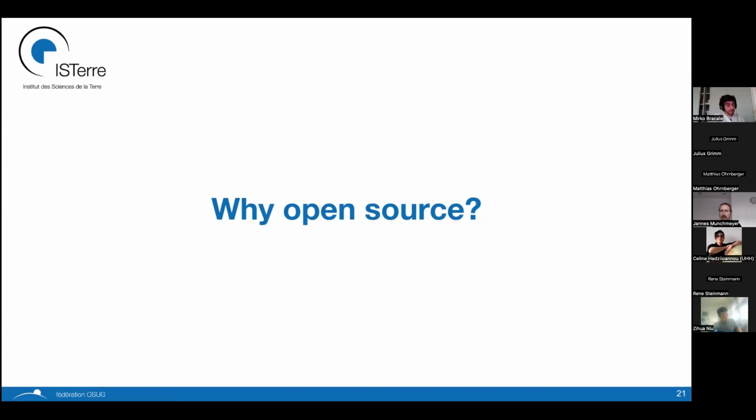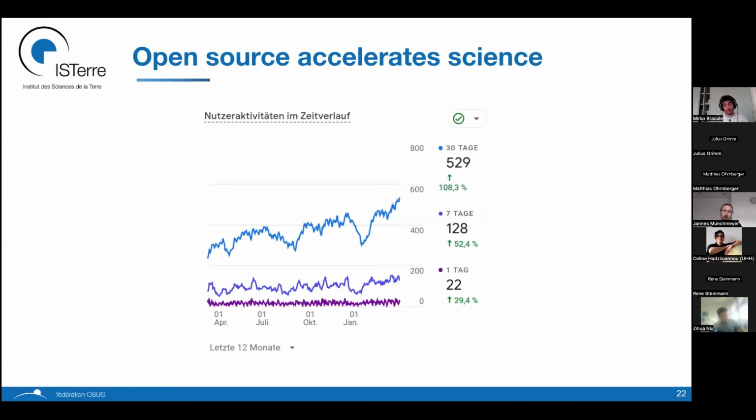So the question you might ask is, why should we use open source in seismology? And I want to mention 5 points today. The first is open source accelerates science. And there are multiple ways to show this. I think this graph is actually a good point. Assuming we have 500 users, they're all enabled to use certain tools with much less work to put in. So for example, if they can use SeisBench, they can use deep learning phase pickers. They could also do this when they use EQ Transformer or PhaseNet, which are also open source codes.